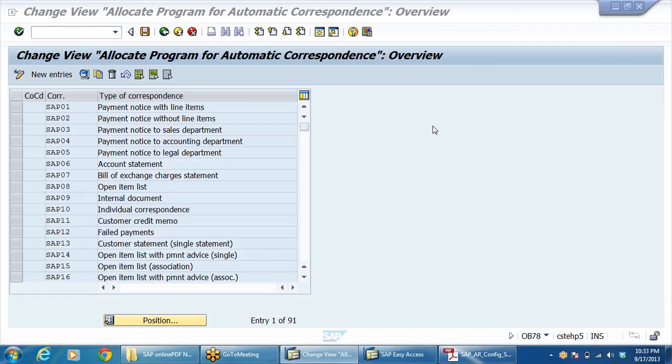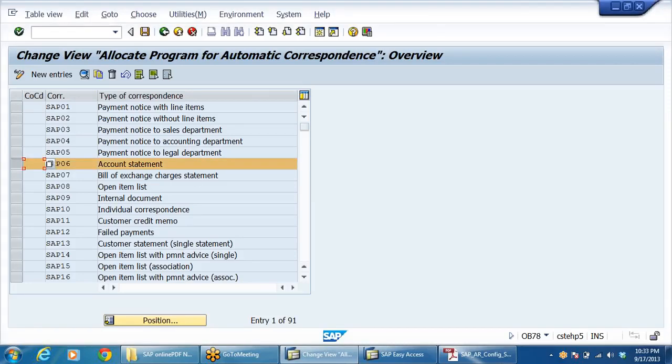Just give me a second. So here what I do now, select form number SAP 06, account statement, click on copy as.